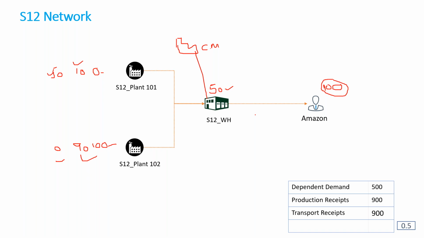Now the catch here is that you have to specify all the costs, and there are so many costs. Some costs are direct, some costs are indirect. For example, inside the production facility, there is a resource that is producing the finished good S12, and the resource will have a particular capacity. When the production is happening, that capacity will be consumed.